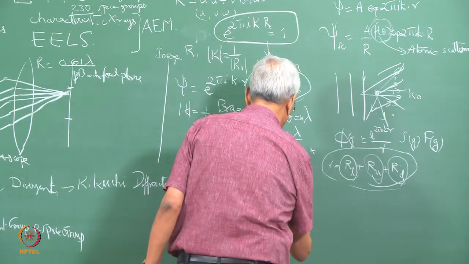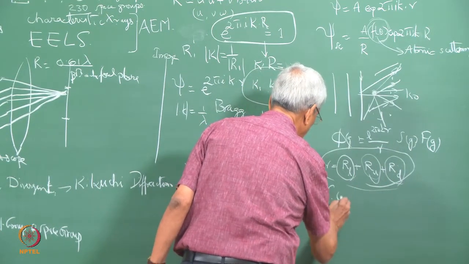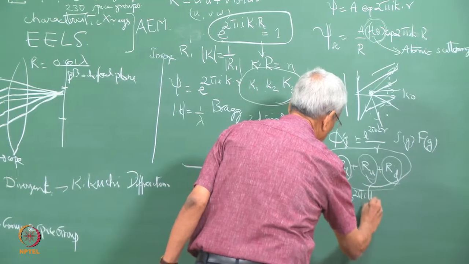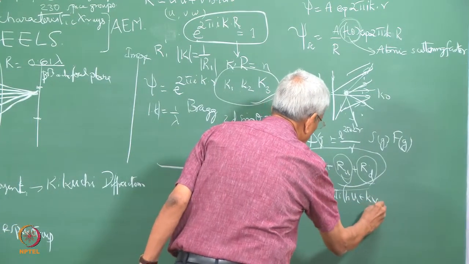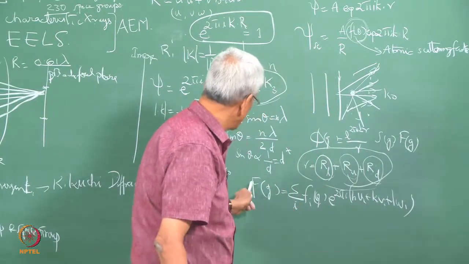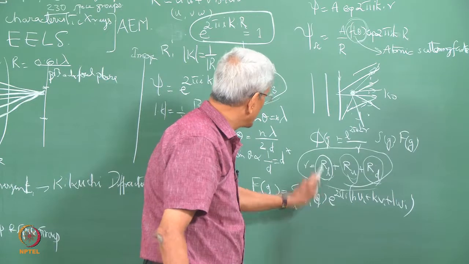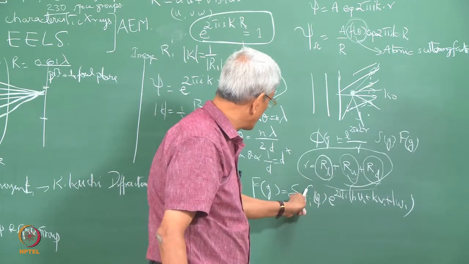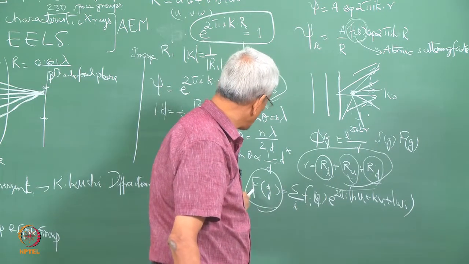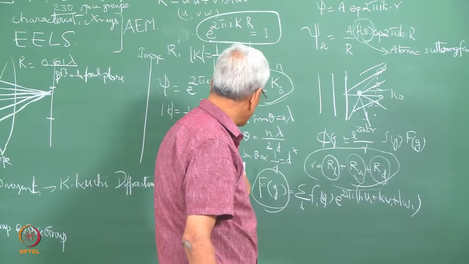So, essentially in this, Fg will be f_i g into exponential 2 pi i (h u_i + k v_i + l w_i), all these aspects which you have studied. Okay. This gives what is f_i g? This is essentially the atomic scattering factor for each atom position in the unit cell, and this Fg gives the total scattering factor, or the total scattering from each of the unit cells.